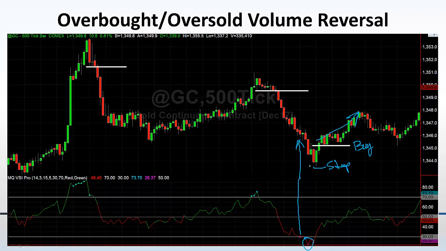All right, so when you've gotten the VSI and you're looking at it and you're looking to place trades, it's going to help you from entering these trades too soon. For example, going, oh, wow, we got way extended over here in gold, and you sell it there only to have it continue to climb and stop you out, and then be right on the trade. All righty.